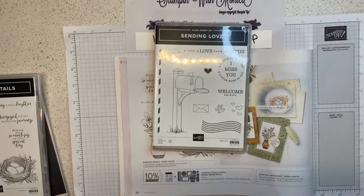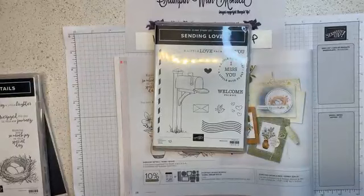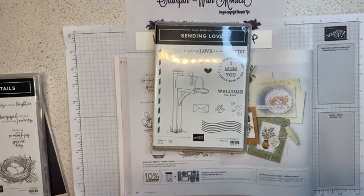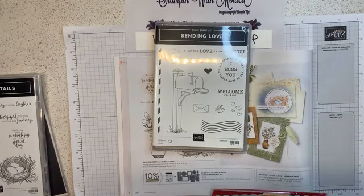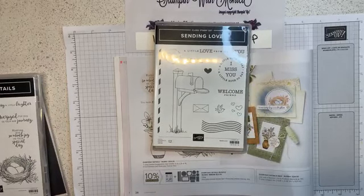But anyways, this is a sneak peek, so if you register for the add-on class and you don't want to see the samples, don't look. I'm not going to show you all the samples, but these are stinking cute. So these are the cards. This is the class. You get to make 4 cards. These are 1 of each because it was an add-on, but it was specially priced